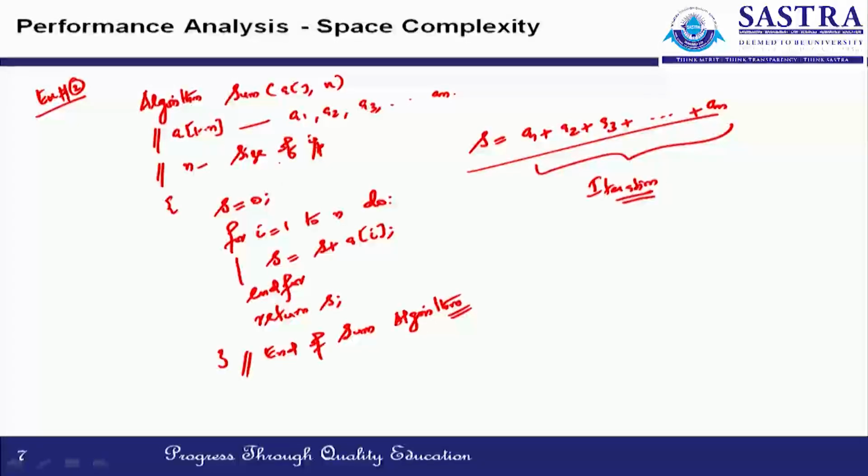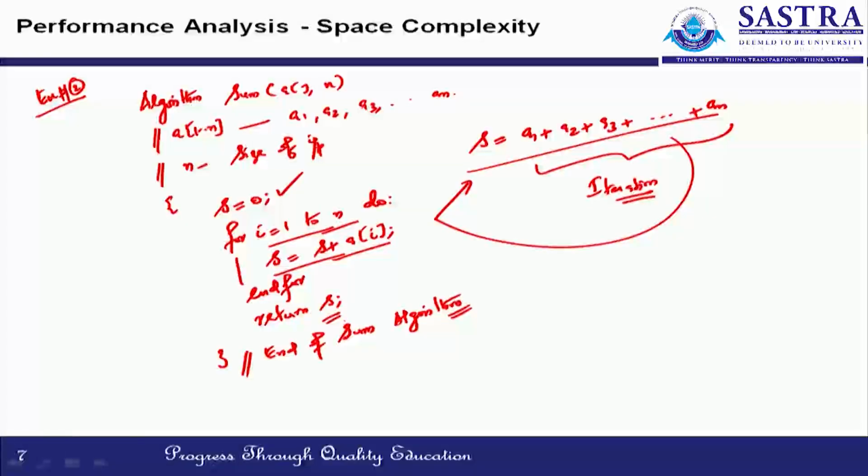using some variable, for example S is equal to 0. Using the for loop, for i is equal to 1 to n do, we write the code s is equal to s plus a of i, for ends here. Then the sum is stored in the variable s, and finally the value of the variable s is returned to the calling place. In this algorithm we have to analyze the fixed part memory as well as the variable